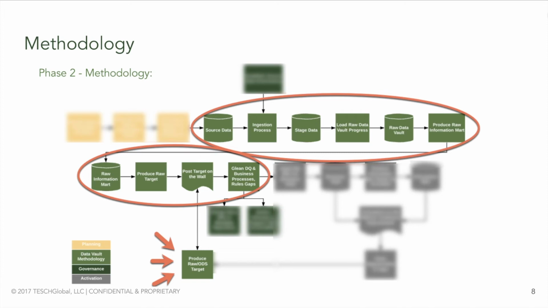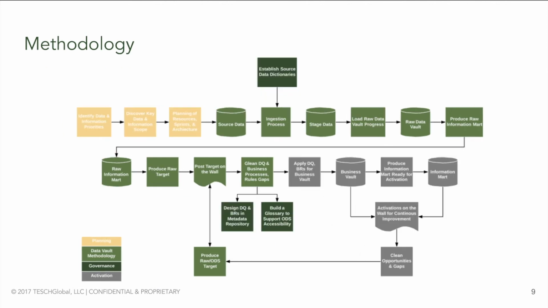reports. These reports are used in the requirements gathering meetings and give business users a hands-on look at what data is available to them. From these meetings, a raw target is identified, and any PIT and bridge tables needed to support this target are created. Data Vault rules for data quality, business processes, and other soft rules are identified before the data is sent into the information mart. After the raw vault has been populated and used in requirements gathering discussions, you're ready to activate